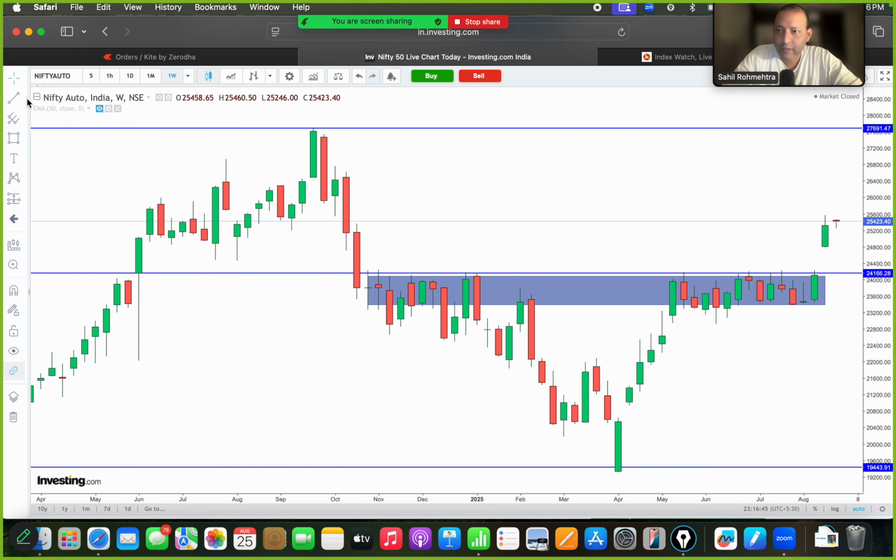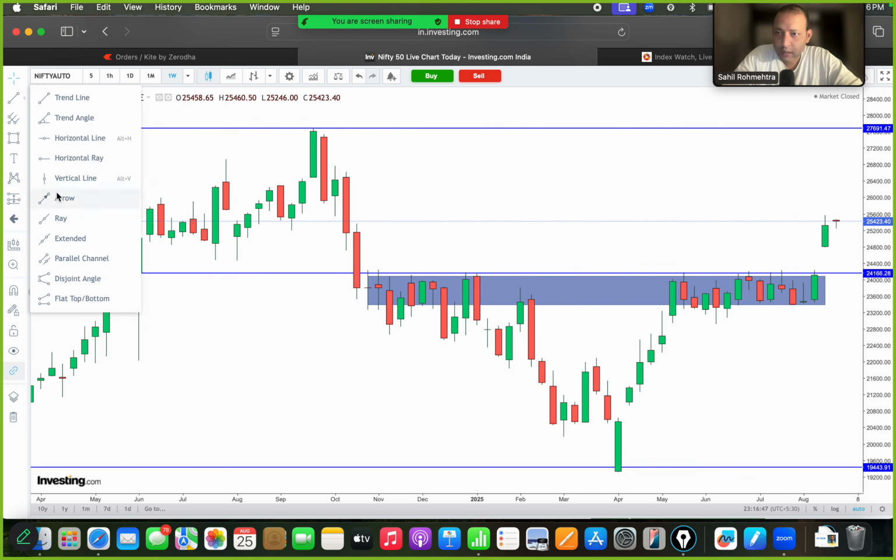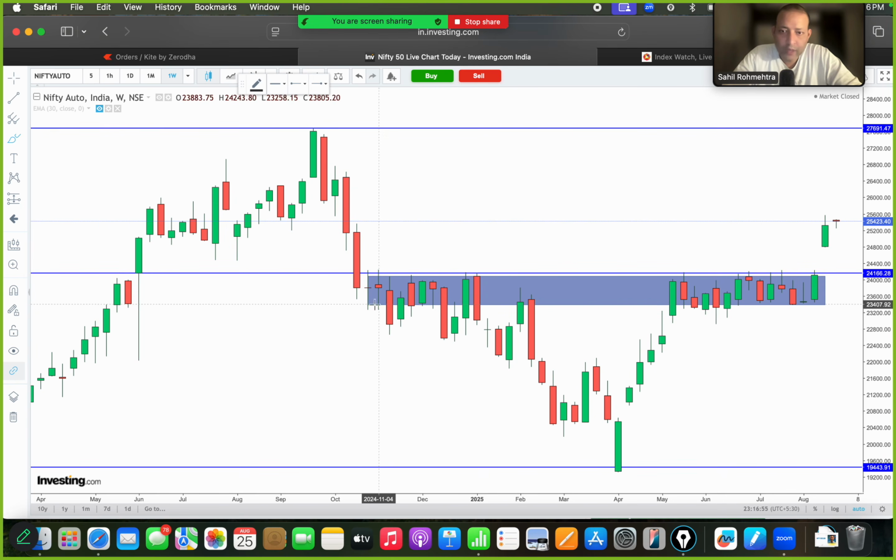I'll see if I can find a curved line, which is not here. Okay, so maybe a brush might do. So you just have to focus on how the price is structuring here. I don't have a mouse, so I'm just using the touchpad to make this, and it's looking quite hideous. But the point being that